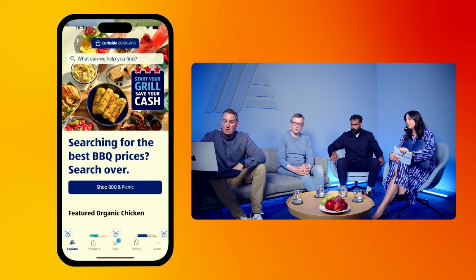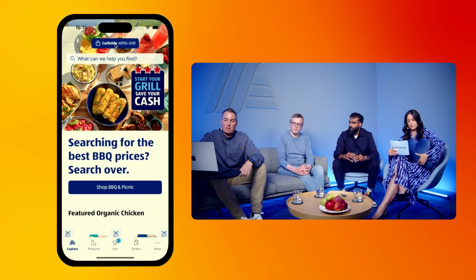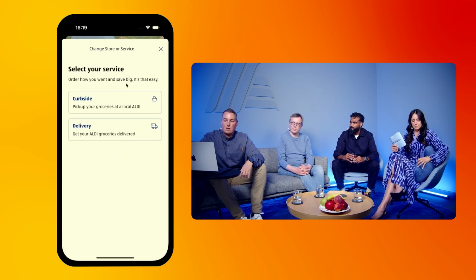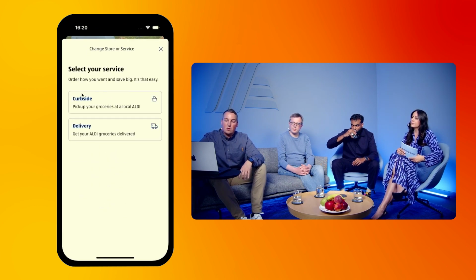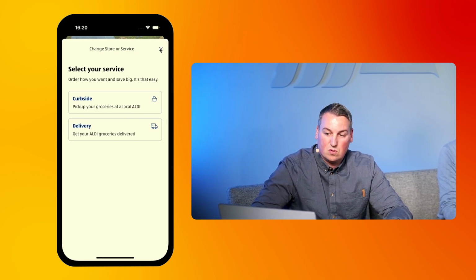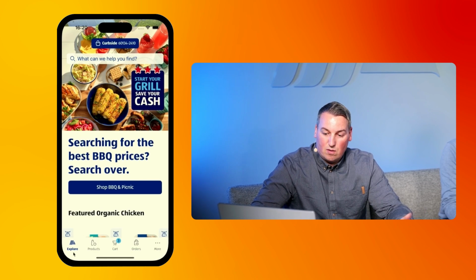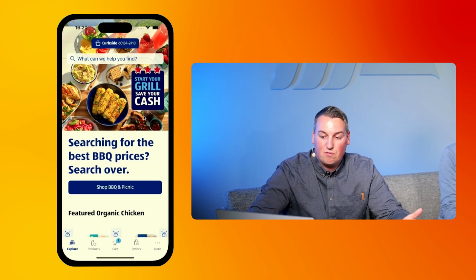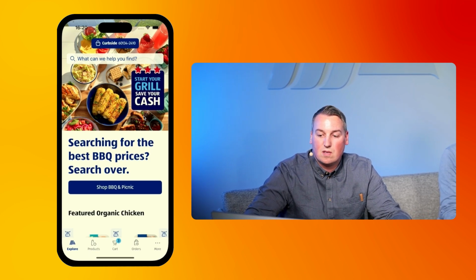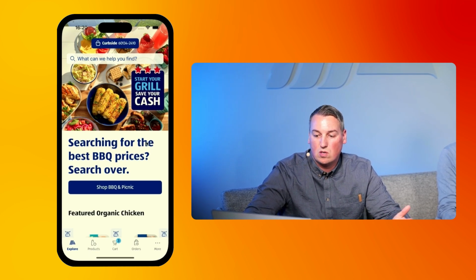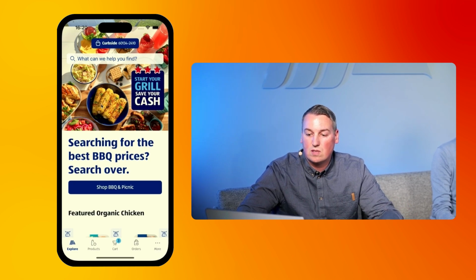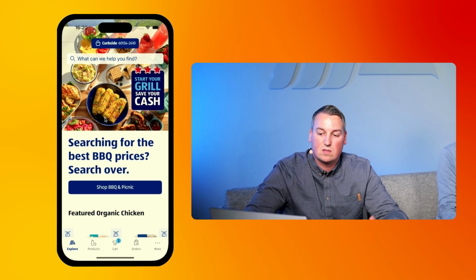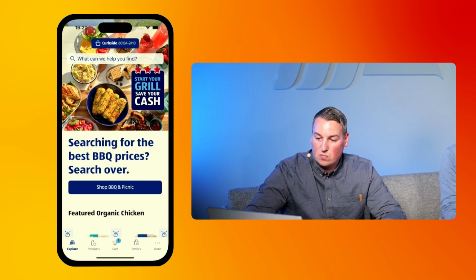So this is our new Click and Collect mobile app. Well, actually, it's not only Click and Collect, right? So according to the country, the customer can decide whether to pick the groceries up at a local Aldi store or have them delivered to your home. The user basically lands on the Explore screen. The Explore screen is editorial content, which every country can set for their own. So they have a content management system and can decide what should be shown. This is usually a topic that is of recent interest. Currently, it's barbecue. Before it was Super Bowl or Father's Day, topics like this.